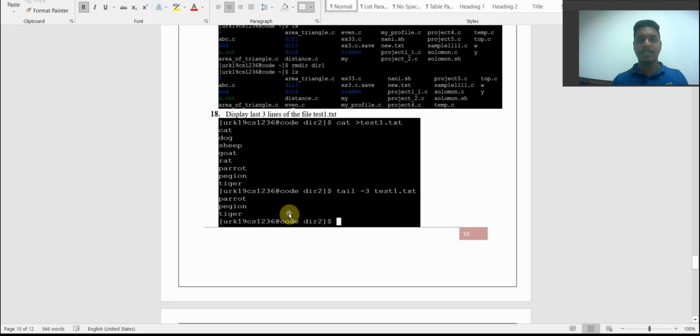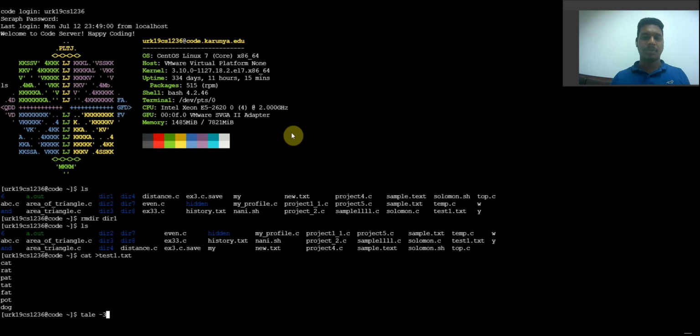So last three means tail. First three means head. Okay, last three means tail minus three. Head minus three is nothing but first three names. So now tail minus three, test1 dot txt.